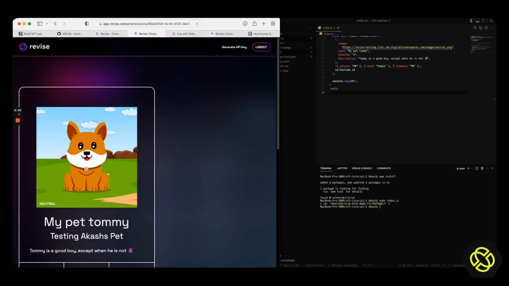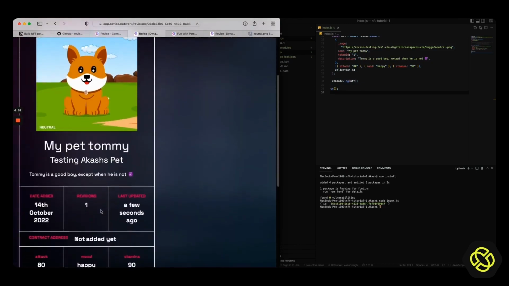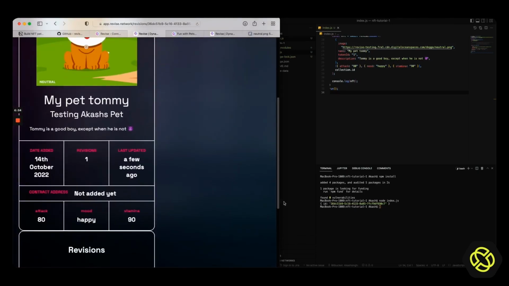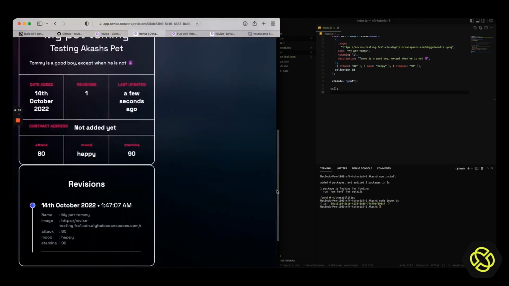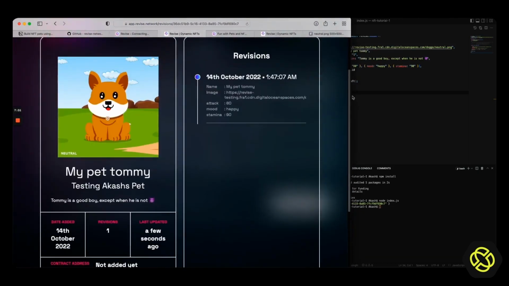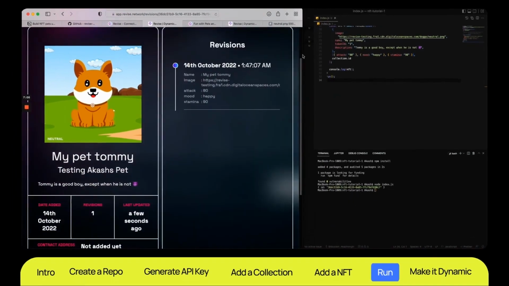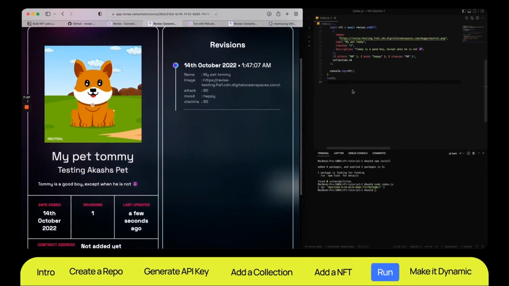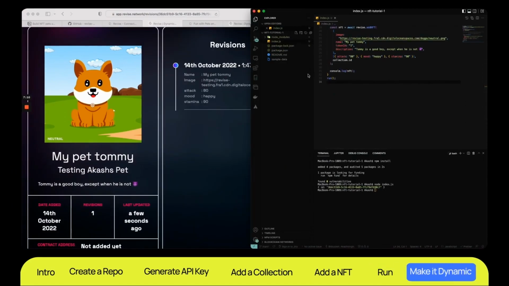I can see my pet Tommy is neutral at the moment, and all the data around it, including the revisions. The layout might be a bit different. There we go, revisions. So this revisions will get updated, or should get updated if all goes to plan. The next thing we're going to do is come back to Visual Studio Code,